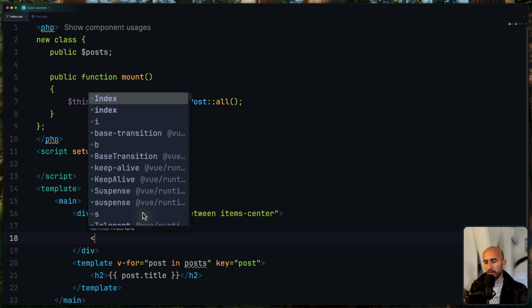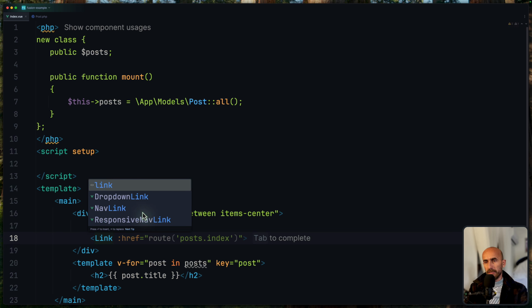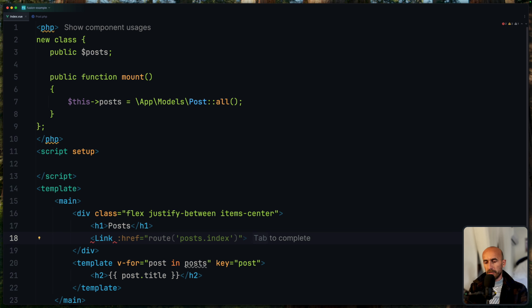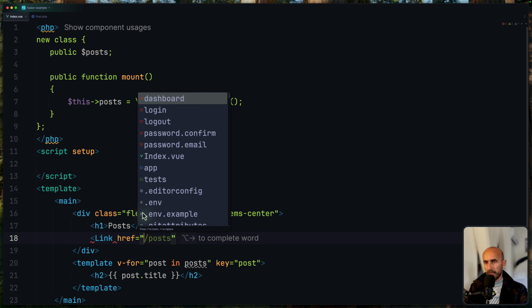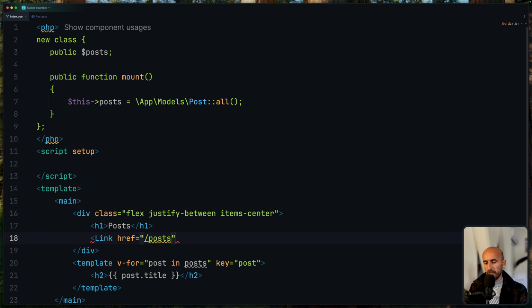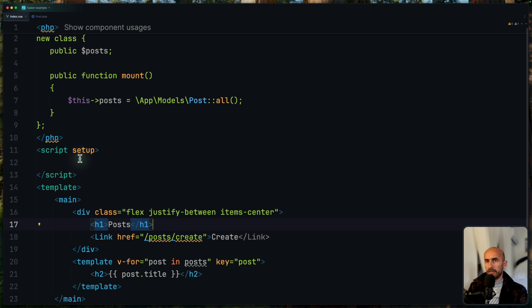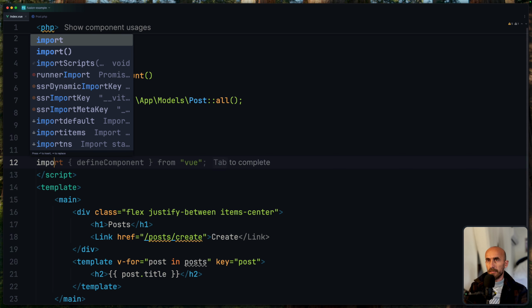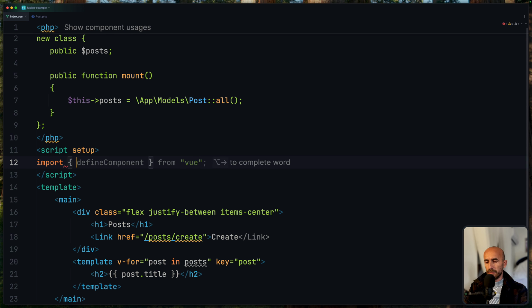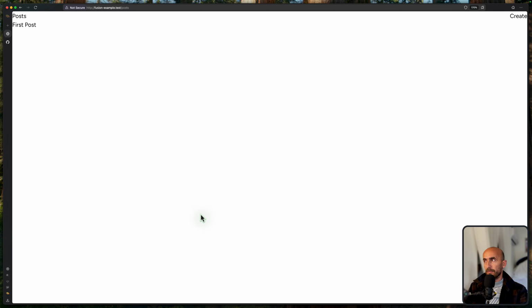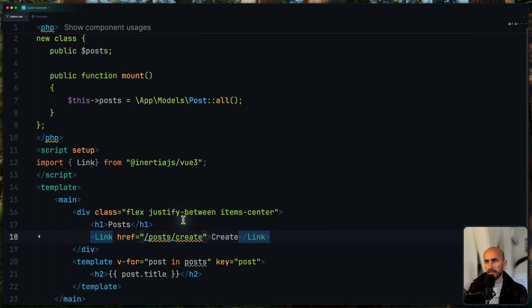But also I'm going to use a link from Inertia, which is the Link href, and let's say /posts/create, and I'm going to say here create. Okay, let's import now. We need to import the Link from Inertia, and we need to add some classes, but let's see. Yeah, we have a create here,